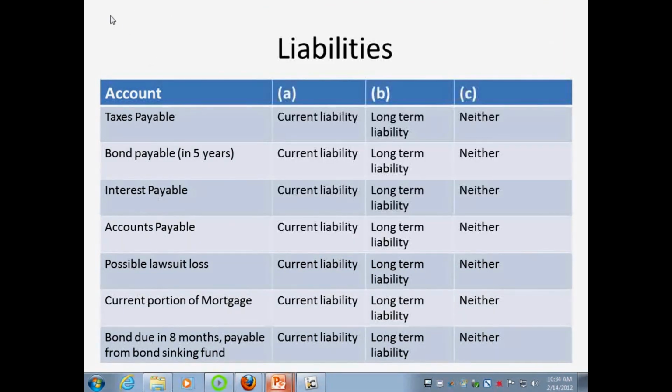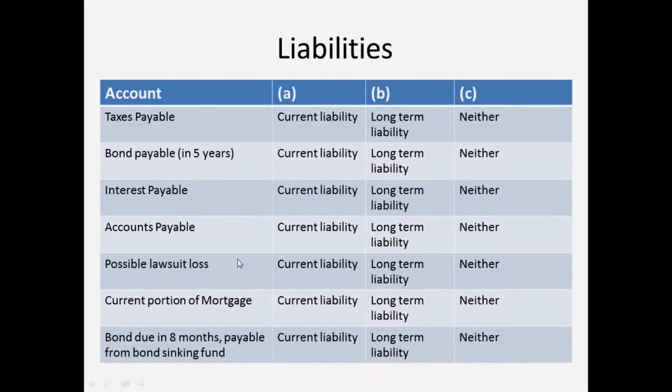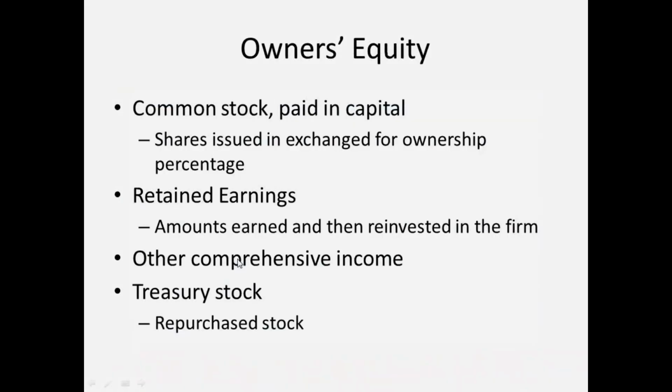Okay, so let's go ahead and just talk quickly about owner's equity. One thing that you didn't see in Apple is a separate line item for treasury stock. Treasury stock is stock that the company has repurchased from the market. Why would it do that? Well, sometimes it's another way of basically paying back its owners. So instead of paying everybody a dividend, I can just cash out some select owners.